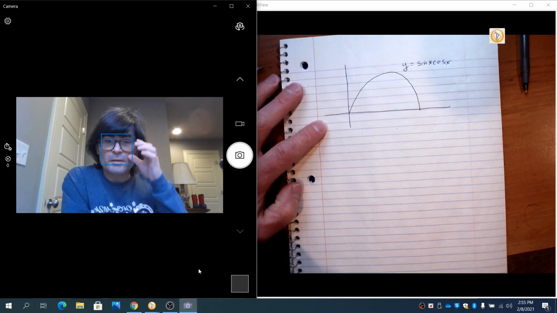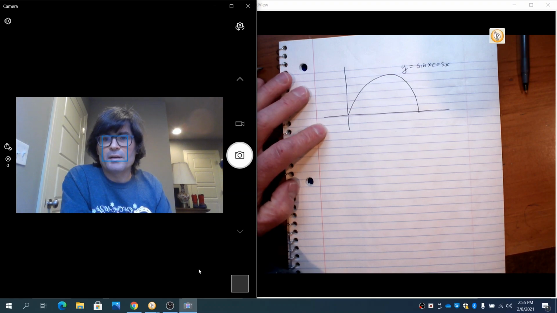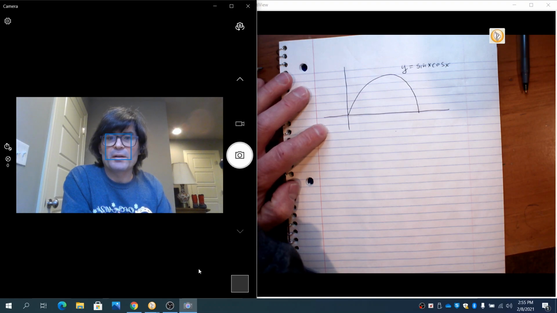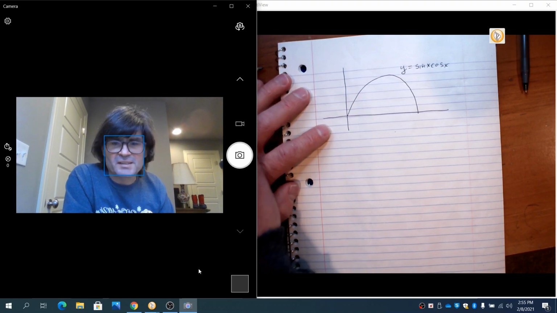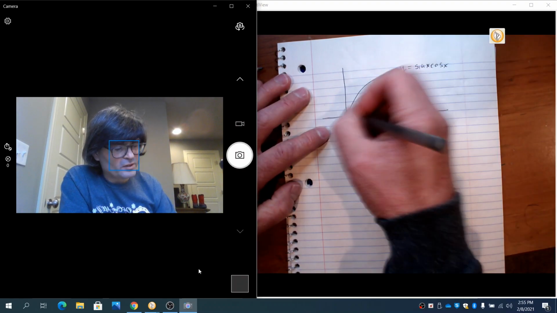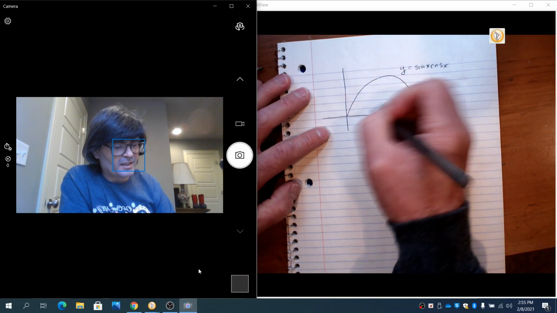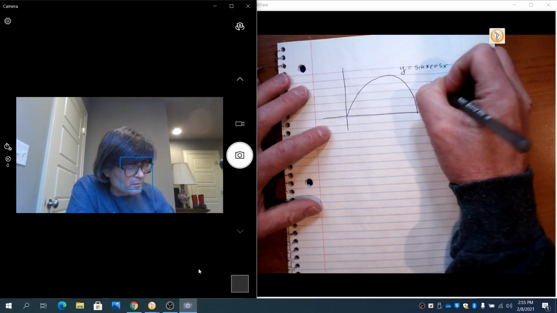Hello, in this segment we're going to learn about revolving functions around an axis to form a solid figure and thus calculating the volume of that figure. We'll start out with this example. I want to take this function right here that is above the x-axis and I want to revolve